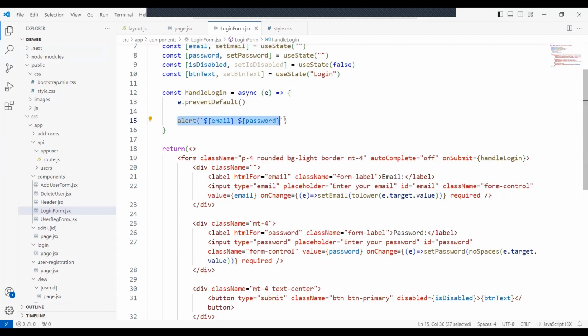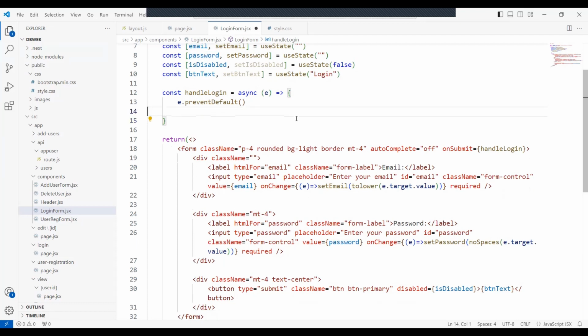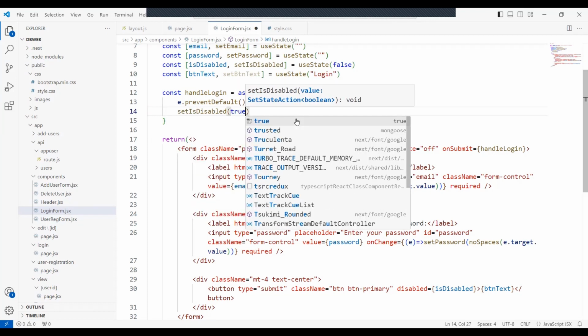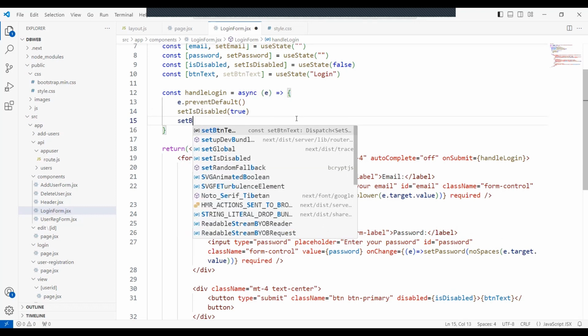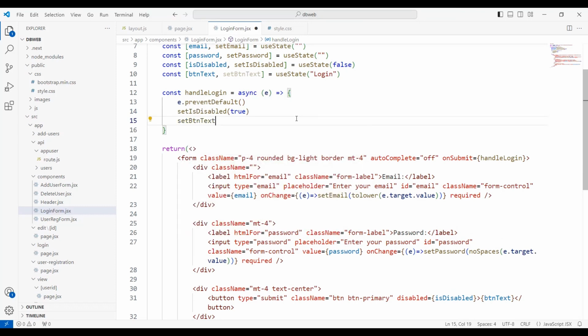and in handle login, first of all, we will set the is disabled to true, and we'll use set button text to processing,